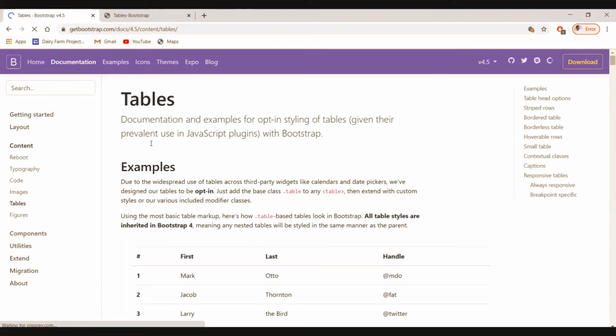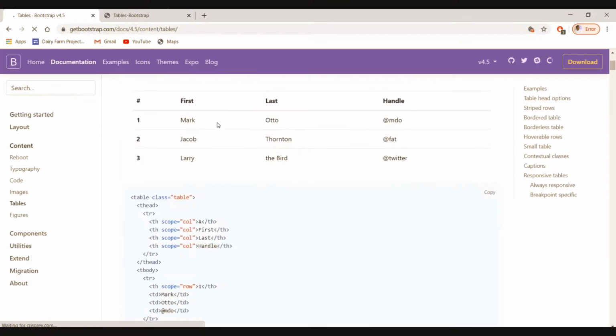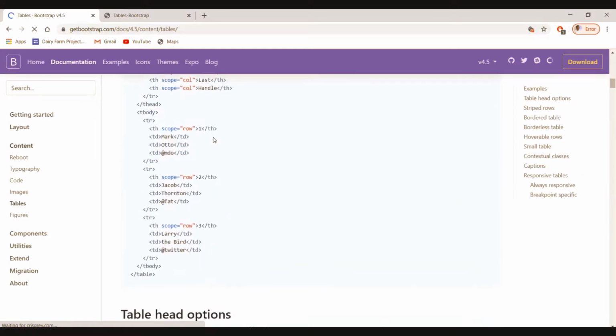So this is how we can use table in there.